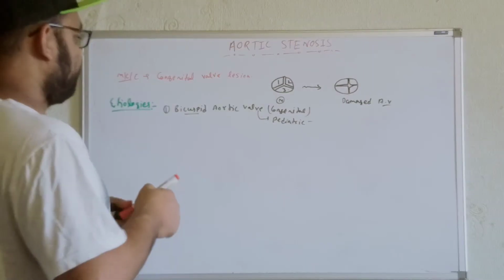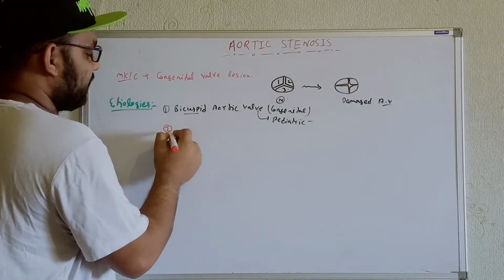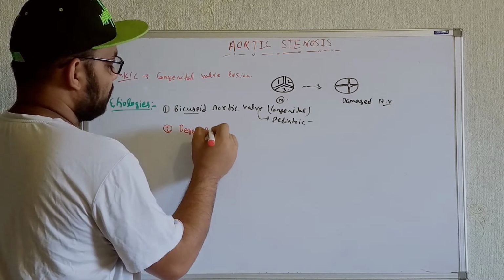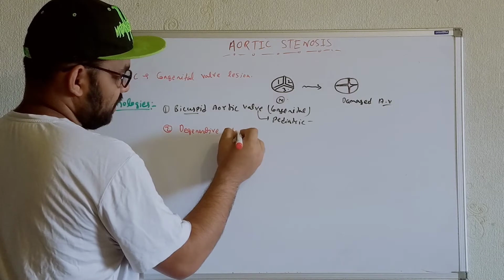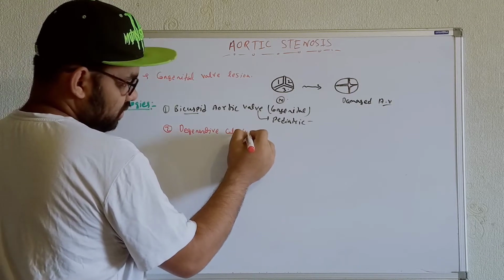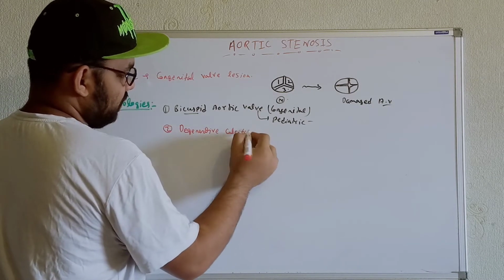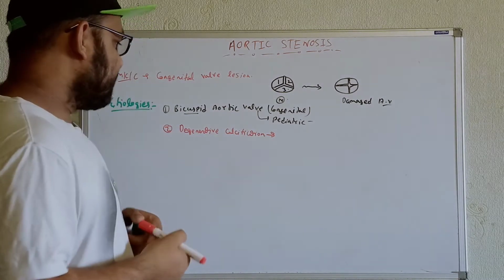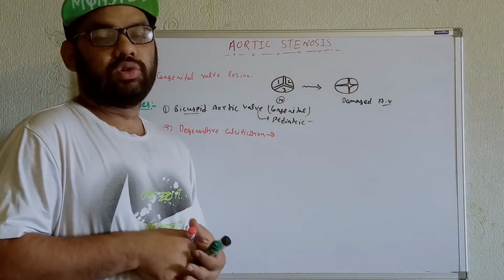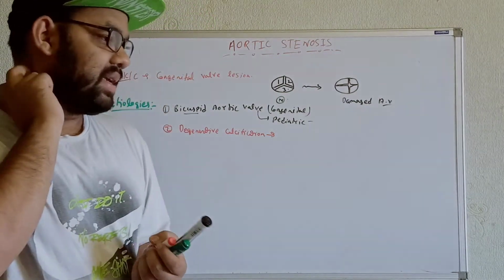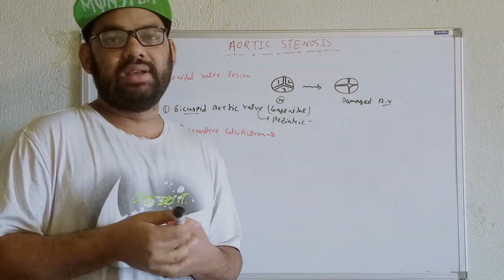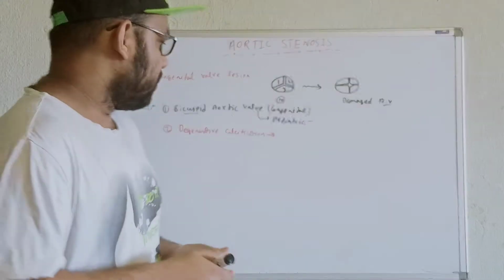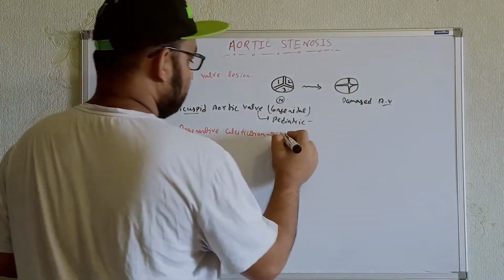Now in terms of adults, we can get degenerative calcification. What do we mean by this? Calcification. In these cases, for example, any individual who has atherosclerosis, as a result there will be narrowing of the blood vessels, for example within the abdominal aorta and within the coronary arteries. So whenever we get atherosclerosis, see,